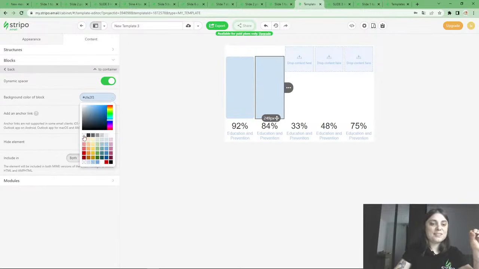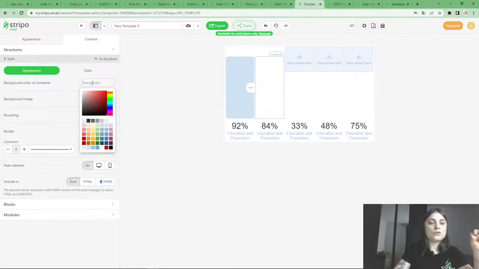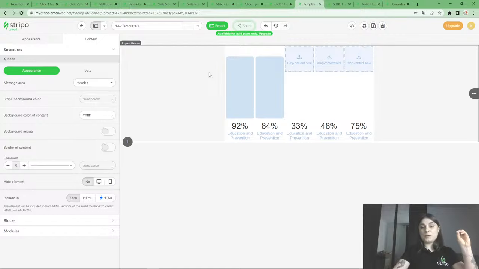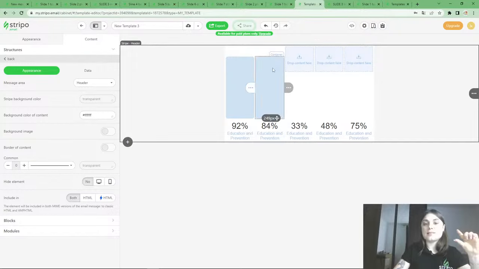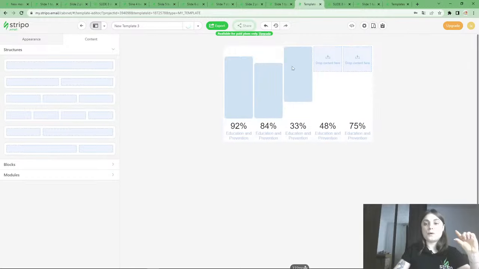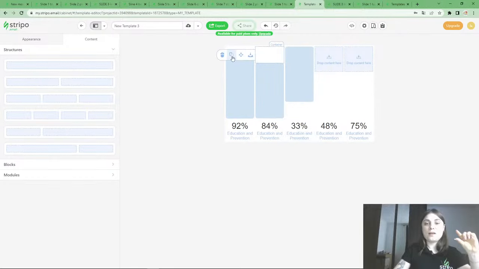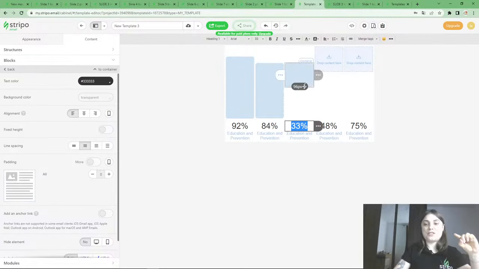We just put background color on the block, and we needed to do it on the container. Yeah, and now we see that our charts are rounded. So this 84% chart needs to be a little bit less high than this. So we will decrease it here and align it with the help of the upper spacer. The same we will do with the most minimal spacer. So, okay, we will just decrease it here and align from the top. Oh, great. And drag and drop,